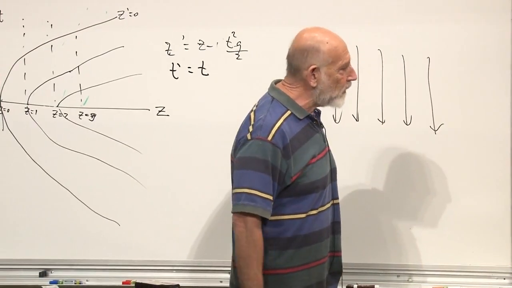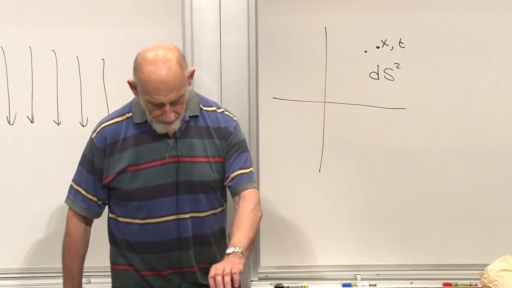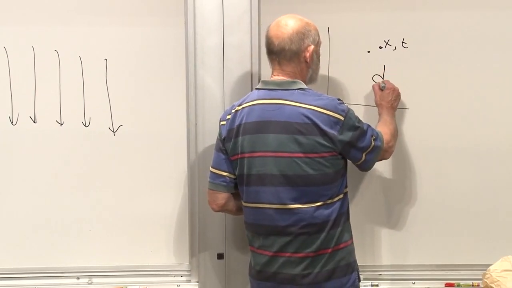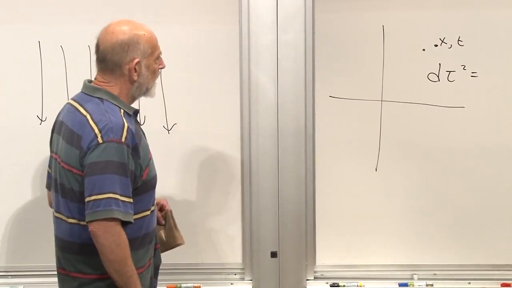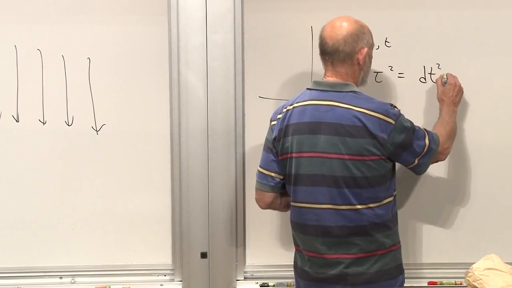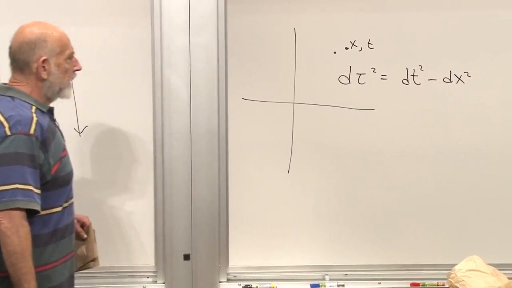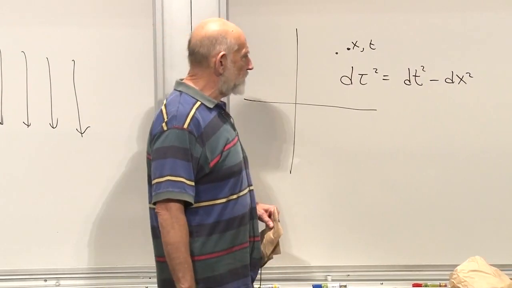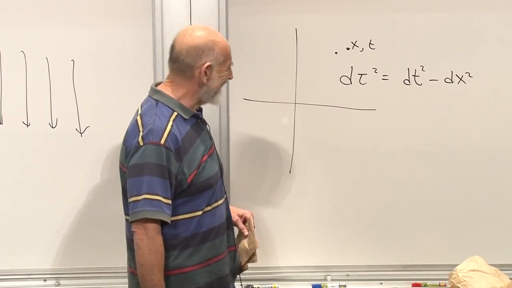Depending on who's writing the equations, they will either write ds squared or d tau squared. And they only differ by a sign. d tau squared is what? Anybody remember? dt squared minus dx squared, yes? Where does the speed of light go into this if we wanted to put it in? Is it dx squared over c squared or dx squared times c squared? I can never remember. I think it's over c squared.